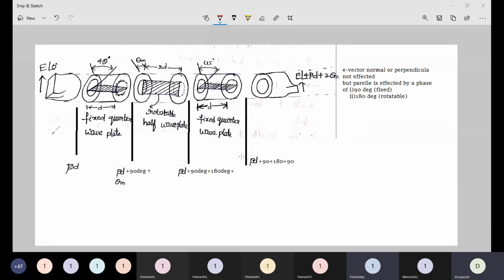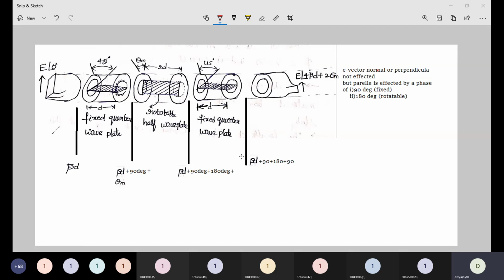See, this rotary vane phase shifter has three waveguide sections: two fixed sections and one rotary section. The two fixed sections are quarter wave plates and the rotary section is a half wave plate. All three plates are made up of dielectric material only. The two fixed quarter wave sections are both identical. That means they have the same characteristics and they produce the same amount of phase shift. Just now I have explained it.